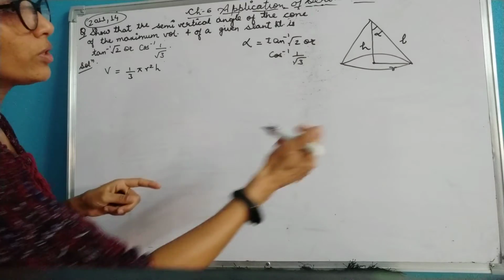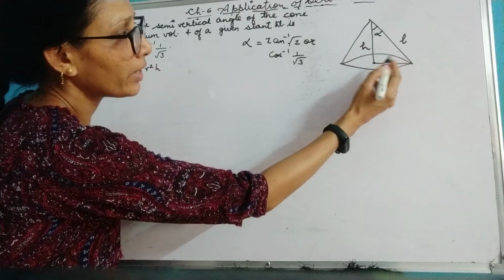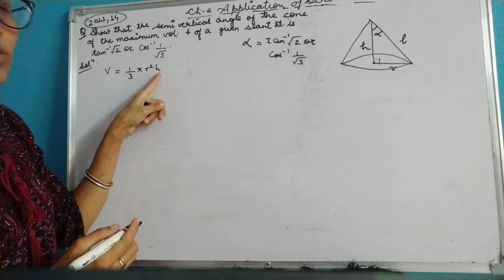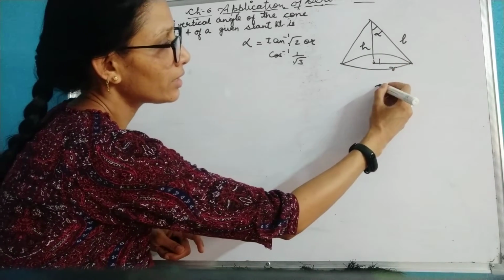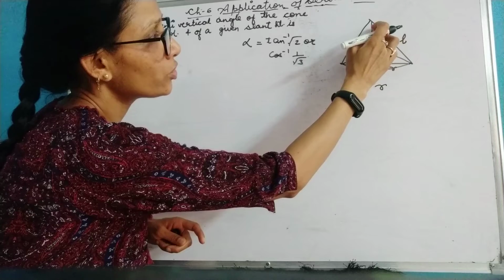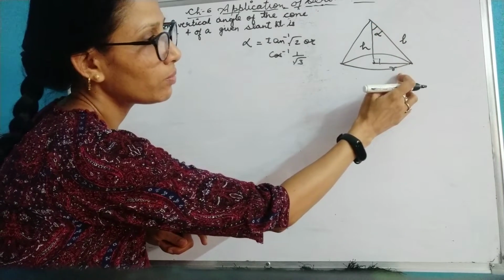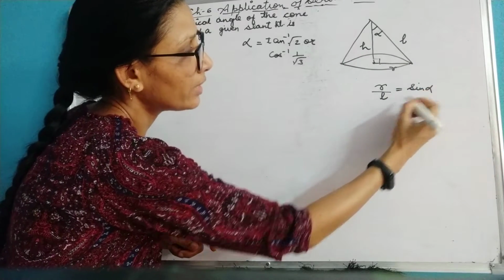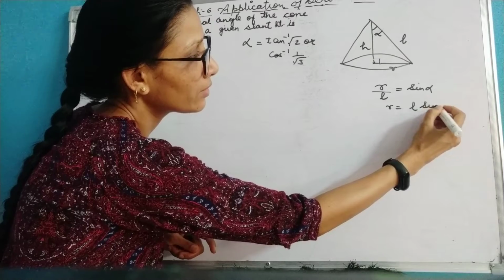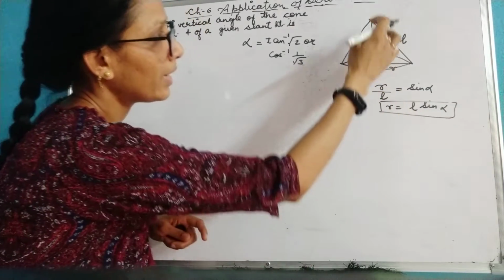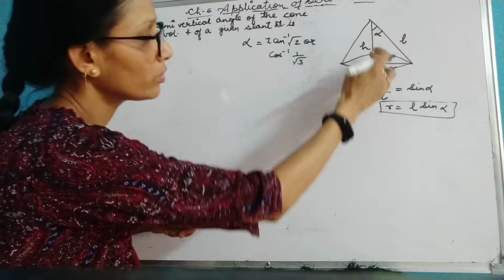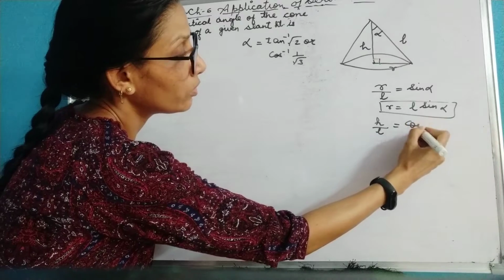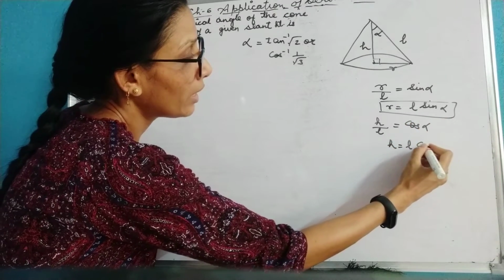So what we need to do, here we are getting a right angle triangle, so I can use my trigonometry to find out the value of r and the value of h. So from here, let's say r will be what? This is your alpha. So this will be your perpendicular. Perpendicular by hypotenuse will give you sine alpha. That means your value of r will be L sine alpha. And say this is your h. H you need to convert. So h by L, that means base by hypotenuse is equal to cos alpha. So h will be equal to L cos alpha.